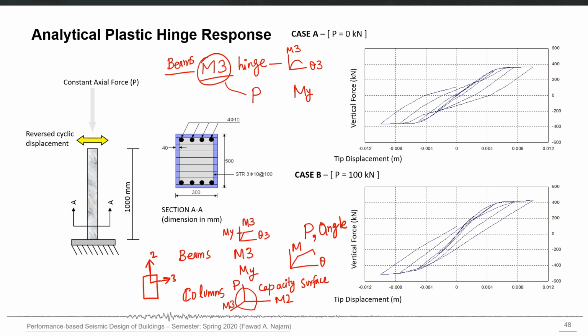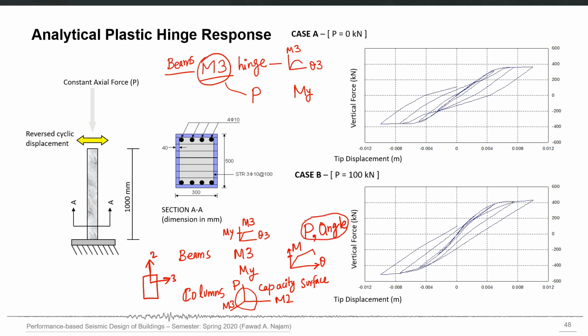And also the yield moment, the moment which will cause yielding in a particular column, depends on the level of axial force as governed by this P-M2-M3 surface. So therefore, a particular M theta curve in a particular direction, it can be M3 theta 3, it can be M2 theta 2, it can be M at any particular angle and the rotation at that angle, depends on two primary variables.